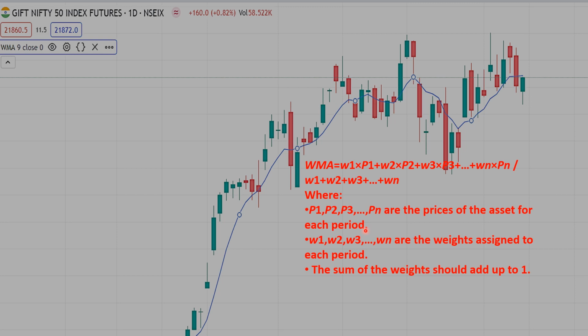We have to consider W1, W2, W3 and so on, Wn, which are the weights assigned to each period. The sum of the weights should add up to 1. Simply, the most recent data points are given higher weights, while older data points are assigned lower weights. Recent data gets higher weight, older data gets lower weights. The weights are typically assigned linearly or exponentially, depending on the trader's preference or the specific trading